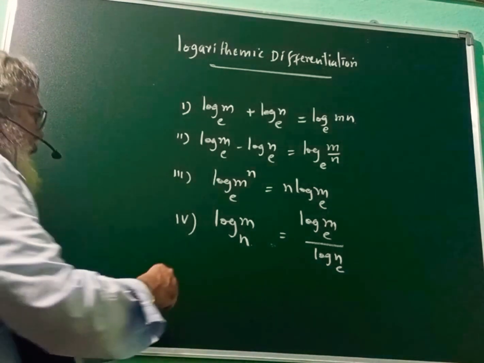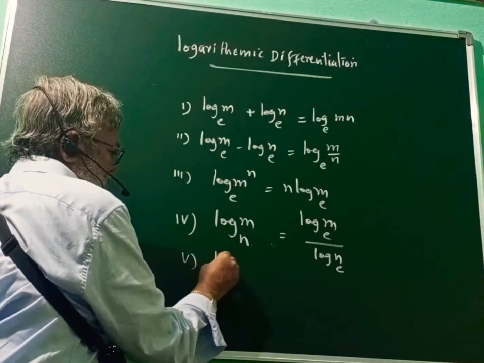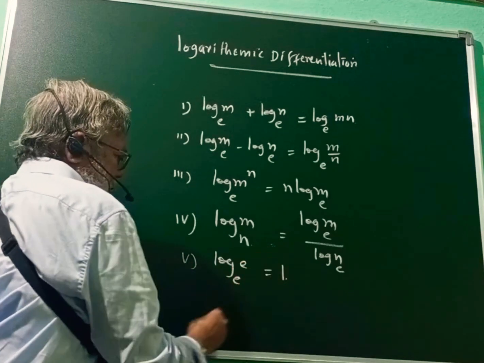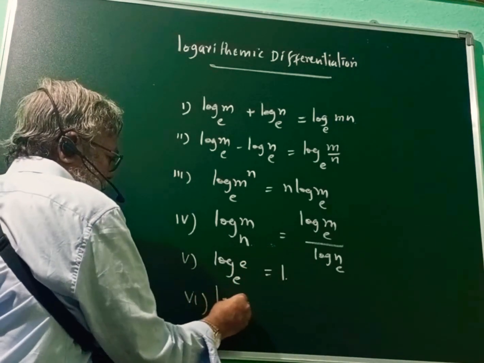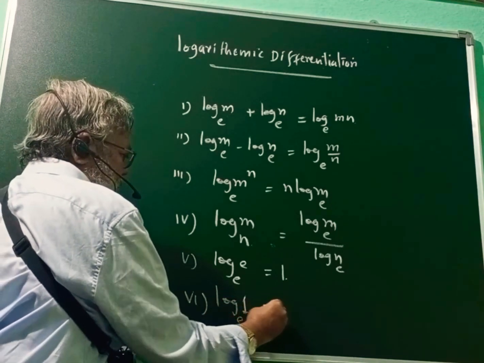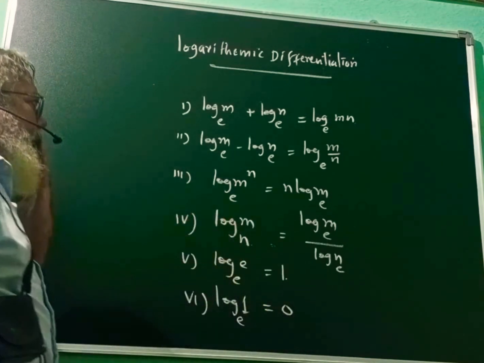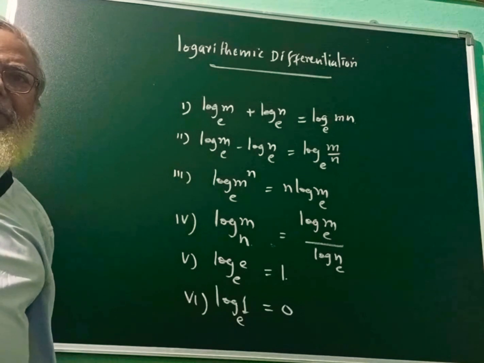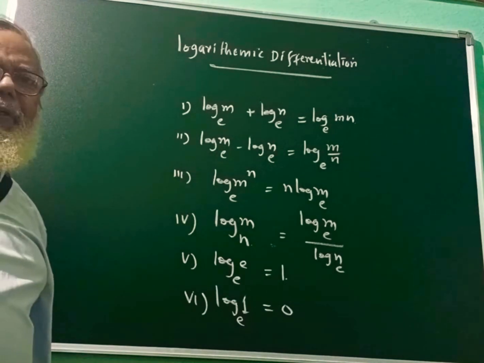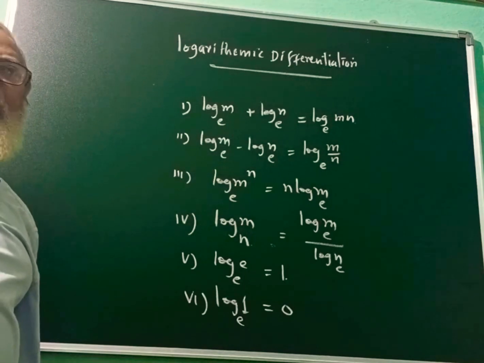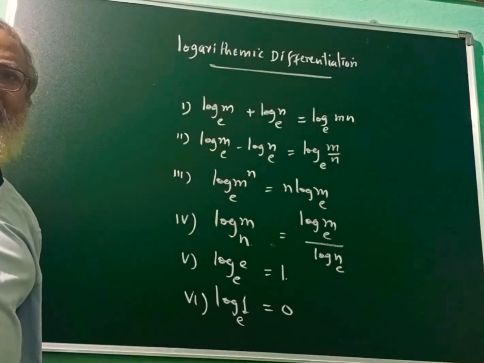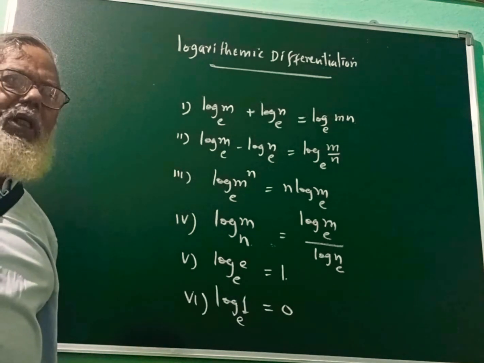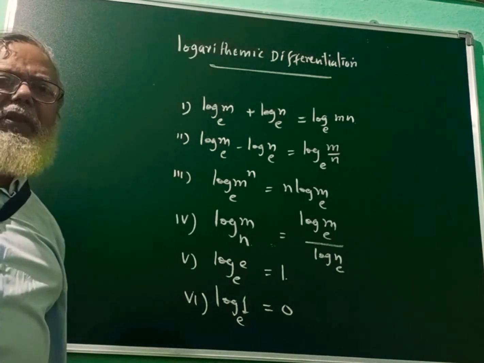And now we know whenever we get the number and the base the same, the value will be 1. And log of 1 to any base is equal to 0. Moreover, we already know that the logarithm of a negative number is not defined. Therefore, whatever we are doing, while we are applying the log, it should be for positive numbers only. And all the formulas related to this logarithmic differentiation are for positive numbers because the logarithm of negative numbers is not defined.